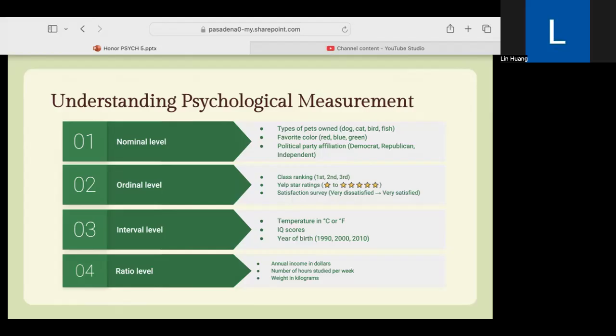The interval level includes temperature, IQ scores, year of birth, and the no true zero means the zero doesn't mean the absence of temperature. And the ratio levels such as annual income in dollars, number of hours studied per week, weight in kilograms,